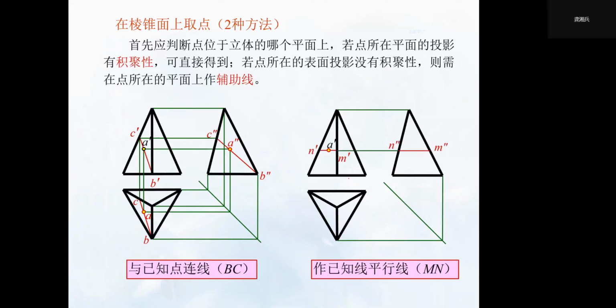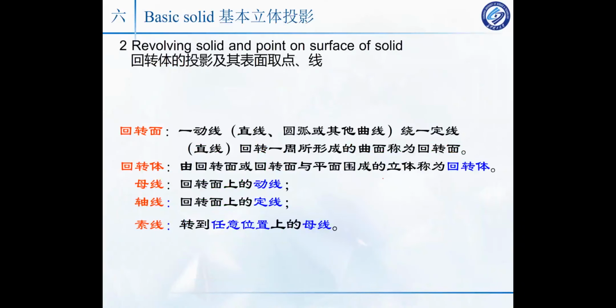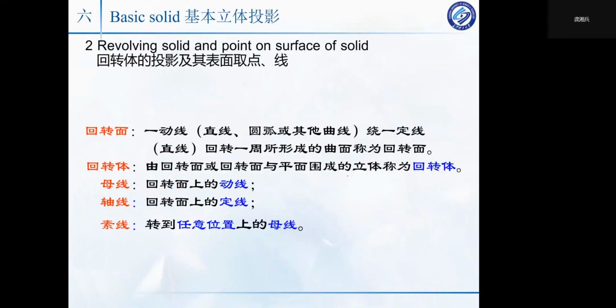Show you the question here. Okay. The planar solids, planar is very quick, we finish the question for this one. So how about the revolving